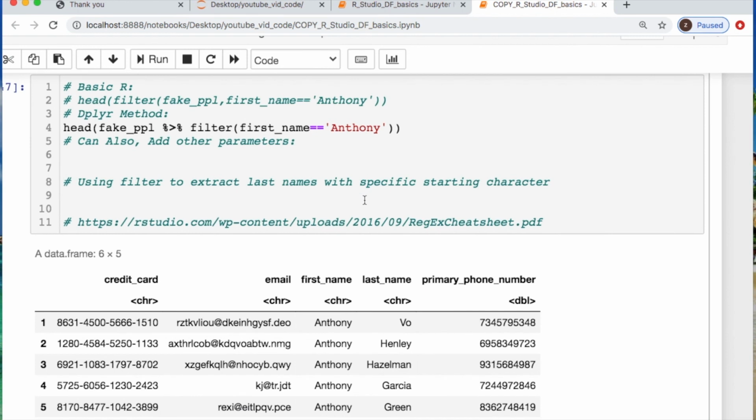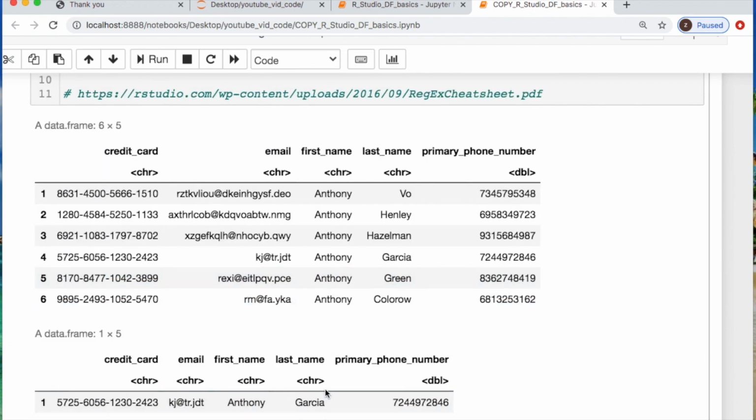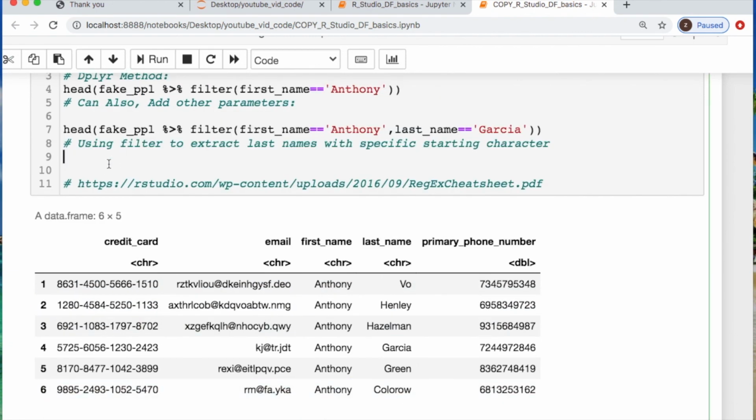So we can do it another way with the dplyr method. As you see here, we can add parameters to make this a little more interesting. So let's do the last name as well, and let's just find someone with the last name of Garcia. So we have one line with Garcia. We could also do something pretty cool where we use grep and we find somebody that has the last name starting with GA. We find all entries of that for the last name,